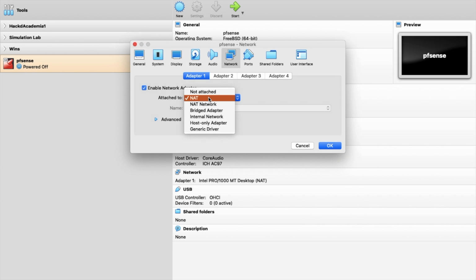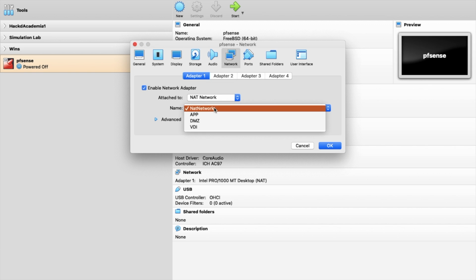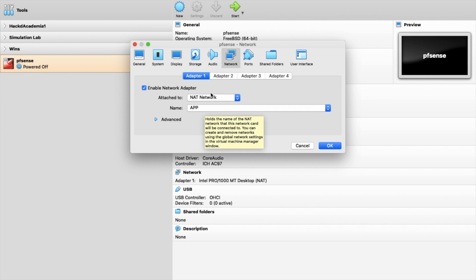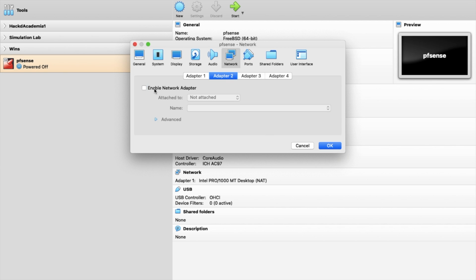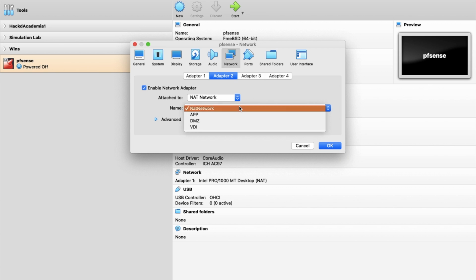I'll keep the first one as a NAT network, which is the network we have created. Another adapter I am going to enable, and I'll assign it a NAT network as well. All right, so click on OK.